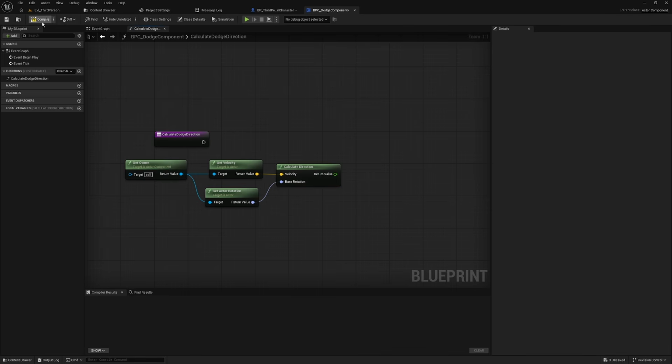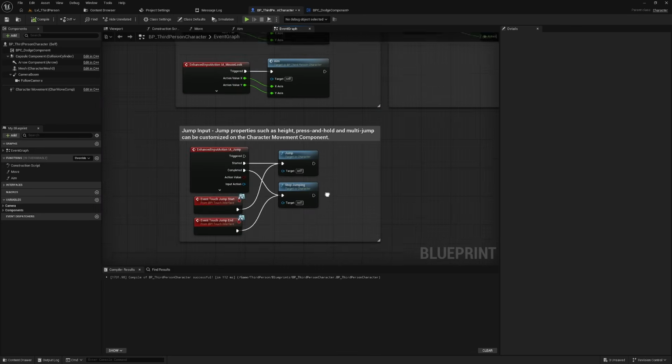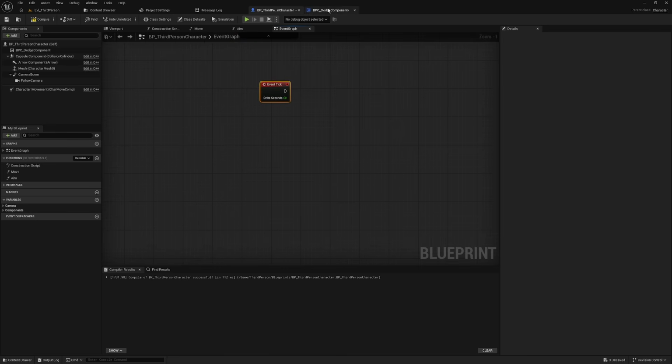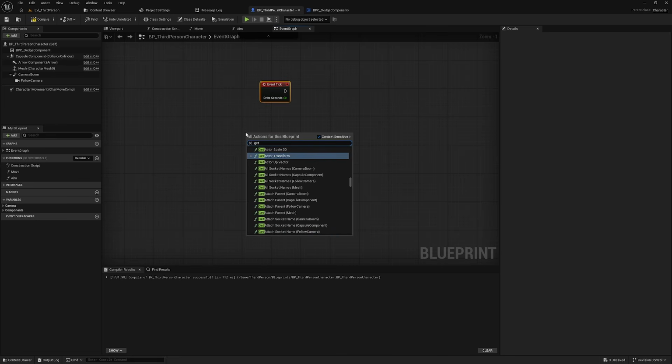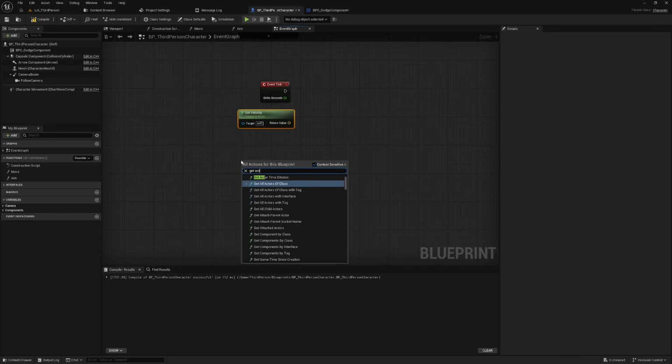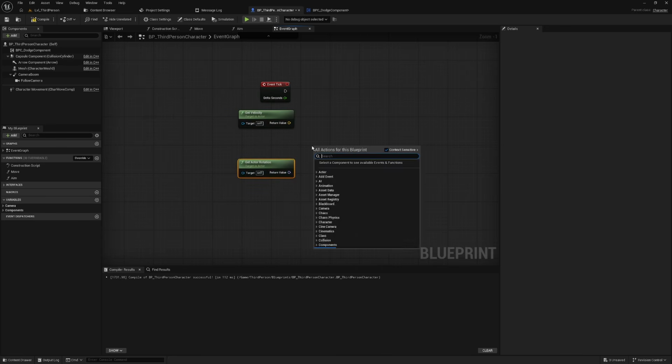Now, to actually show you how this works, we're going to come back to the third person character, and I'm just going to right click and get an event tick. What I'm going to do is get our velocity again, get actor rotation, calculate direction,